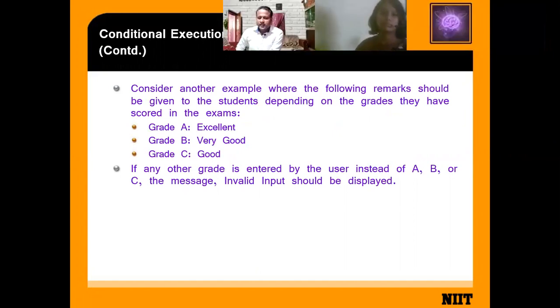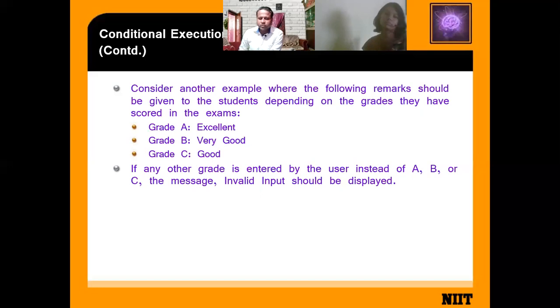Consider another example where the following remarks should be given to the students depending on the grade they have scored in the exam. If you get grade A, it is excellent. Grade B, very good.